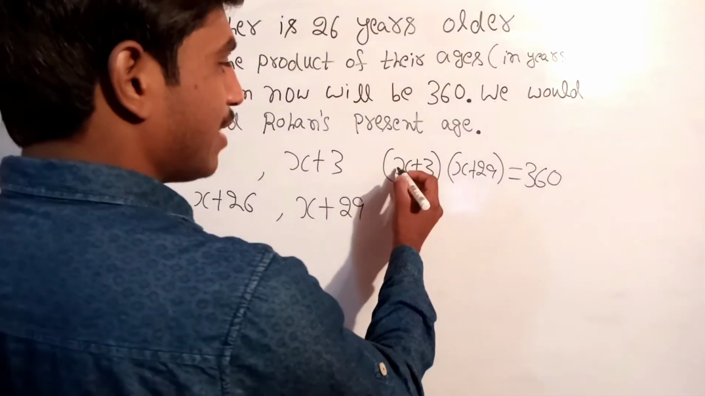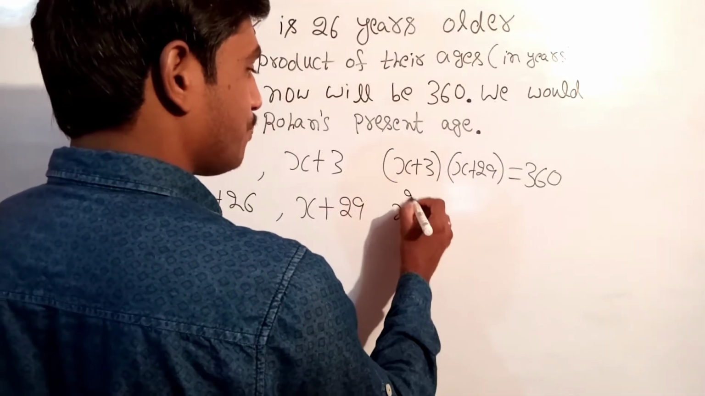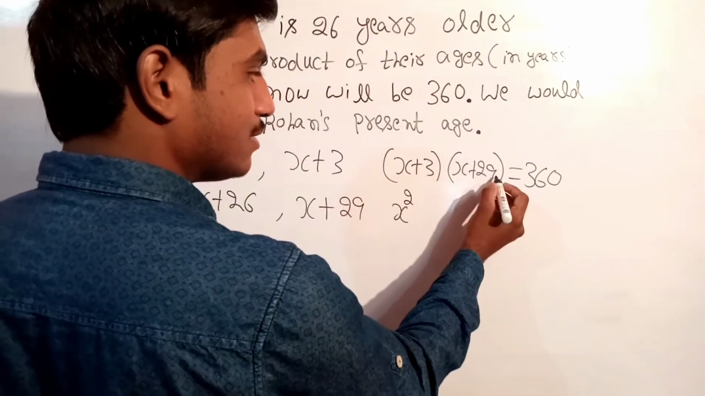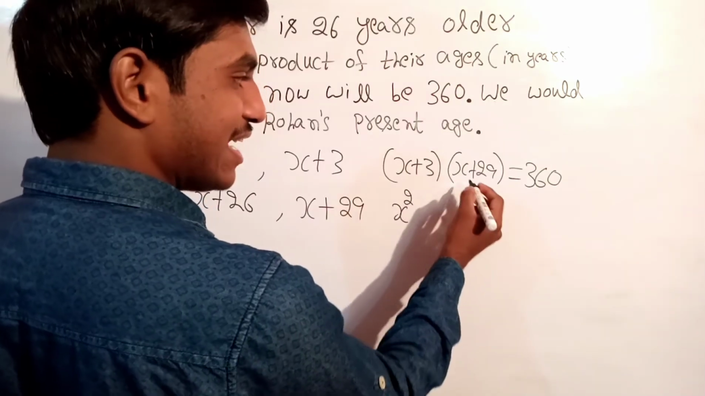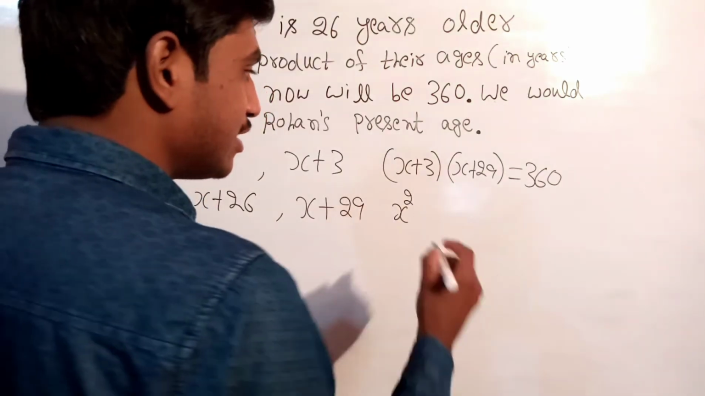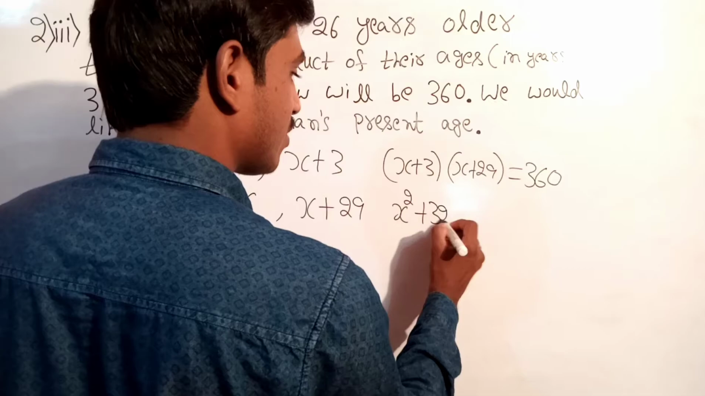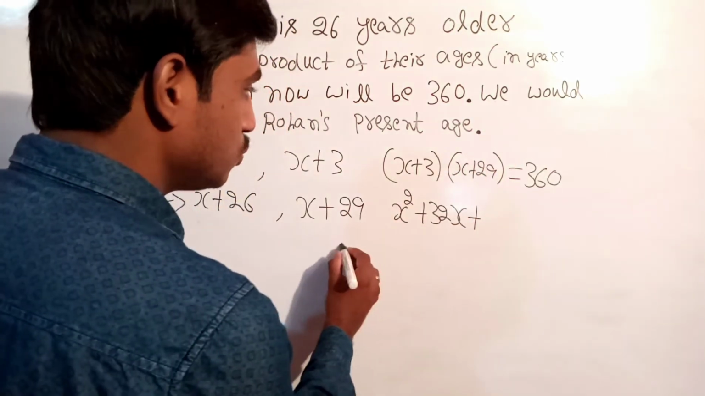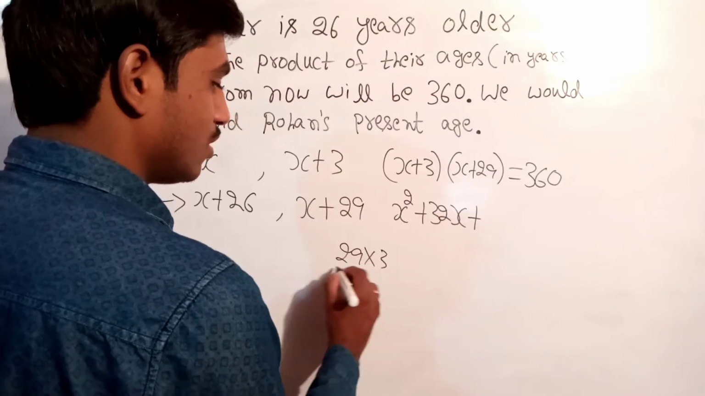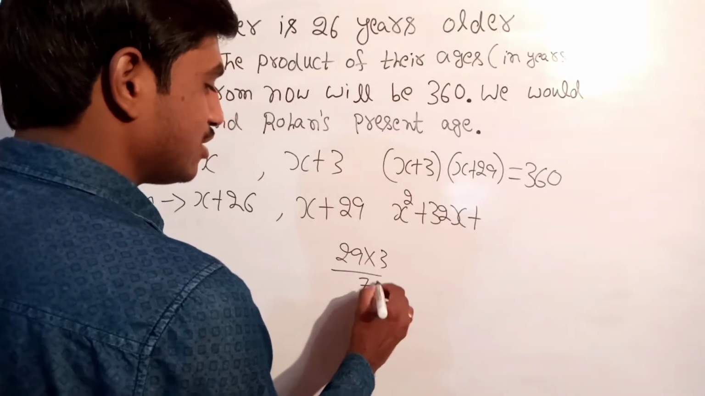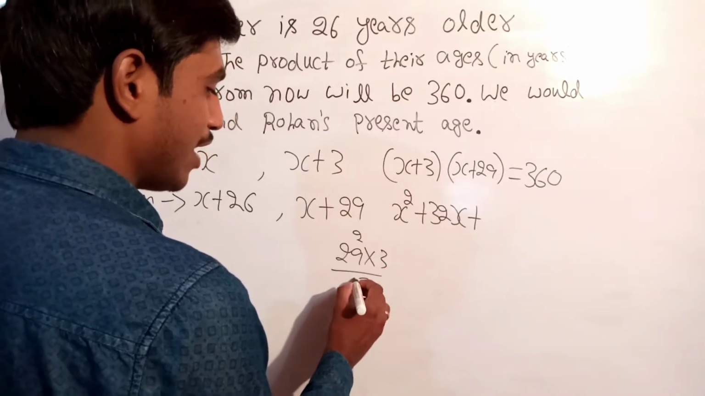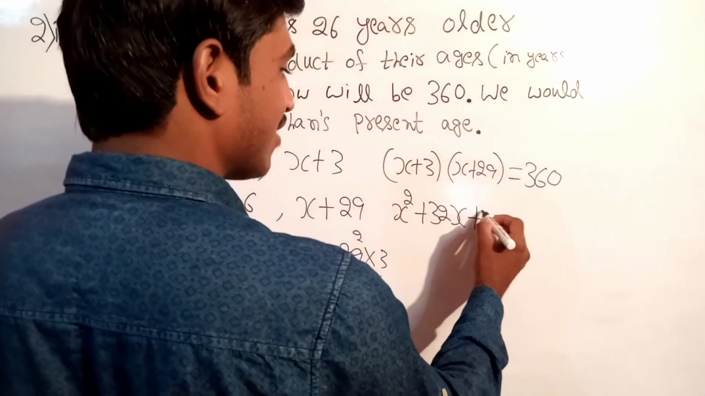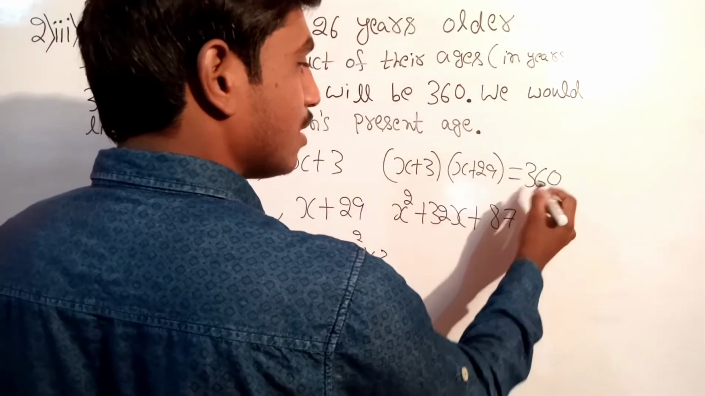Here we need to multiply x into x is x square. x into 29 is 29x, plus 3x, 30, 31, 32x, plus 29 into 3. 3 9s are 27, carry 2. 3 2s are 6 plus 2, 8. We will get 87. So 87, this 360